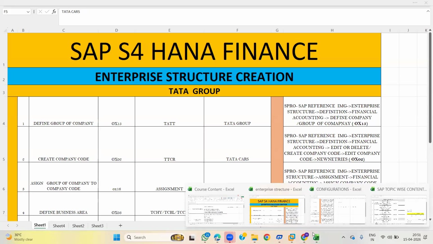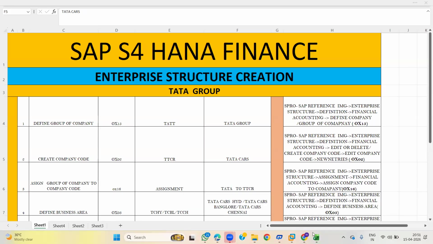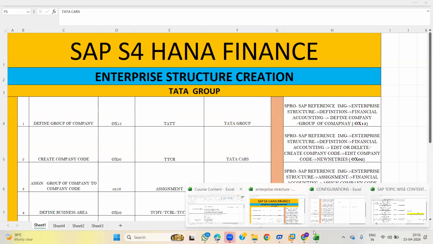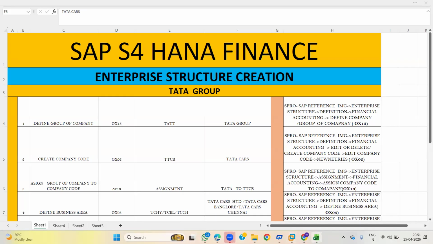Company, company code, and assign a company to company code and business area, etc. The structure defines how data flows between them, and the enterprise structure defines how financial data is recorded and reported for all accounting, financial accounting and controlling activities. Here we have defined the company code as well.